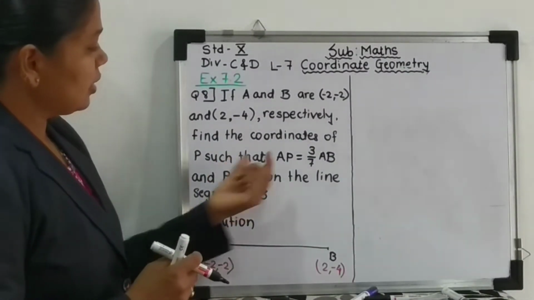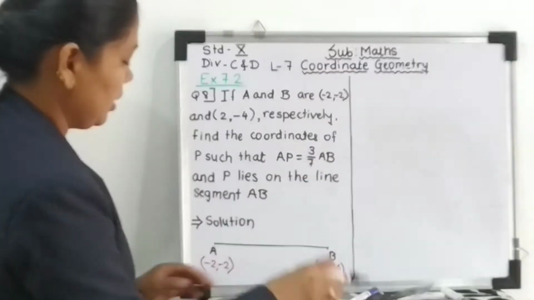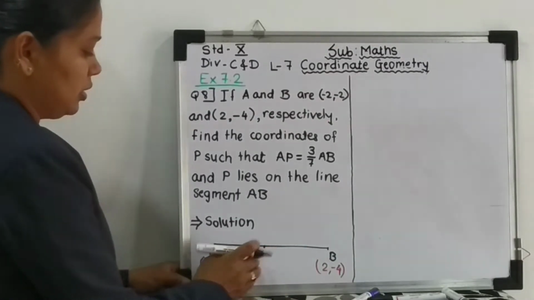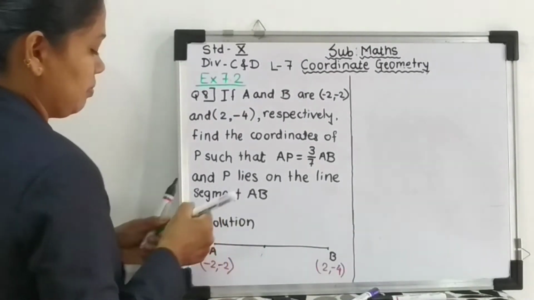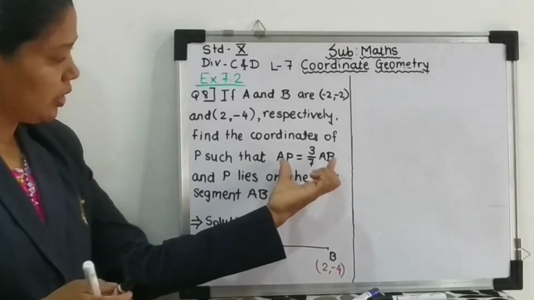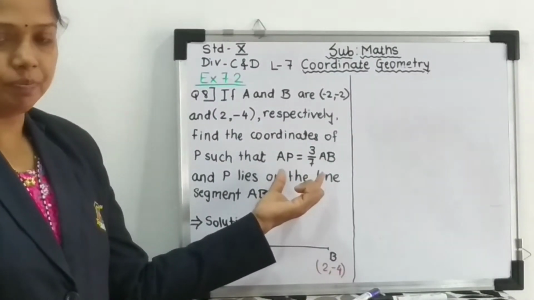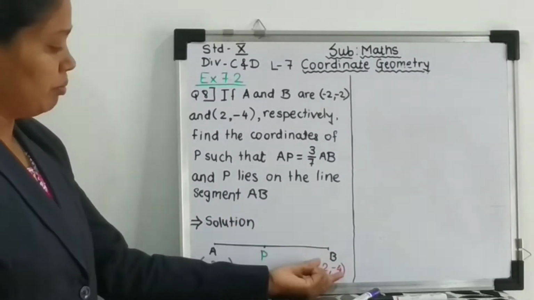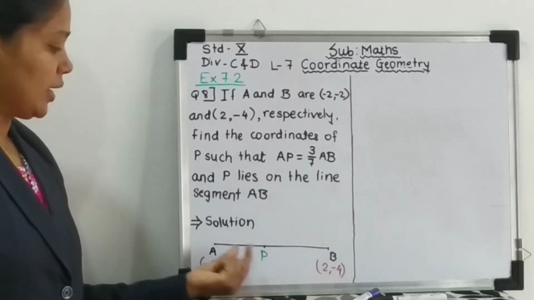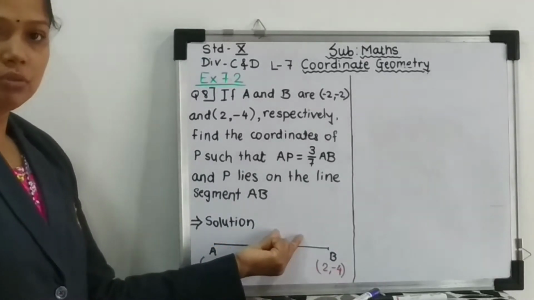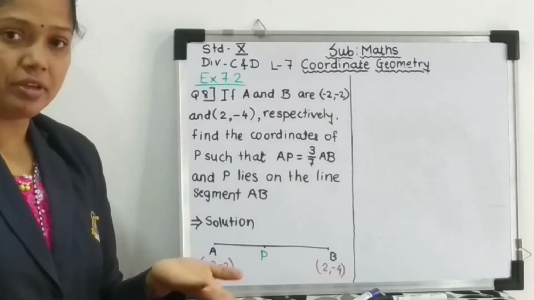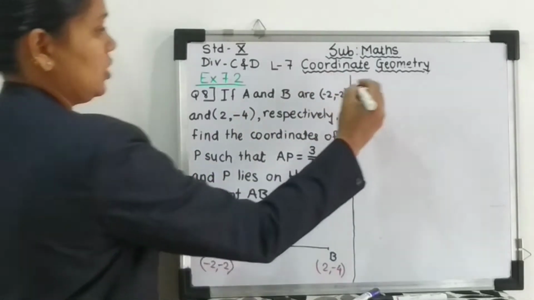Now we will write what? P is such that AP... Now we will write here P, I'll just label with another marker. Now see, the ratio is given in a different way. A coordinates we know, B coordinates we know. We are going to find out P coordinates. But how will we find them? Either we should know the ratio, but the ratio is not given properly. AP is equal to 3/7 of AB is given. So we will use that only.